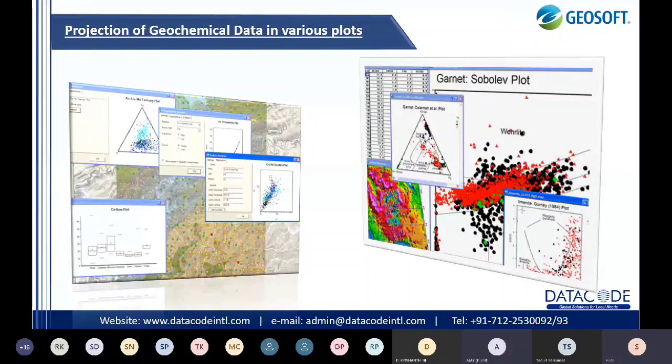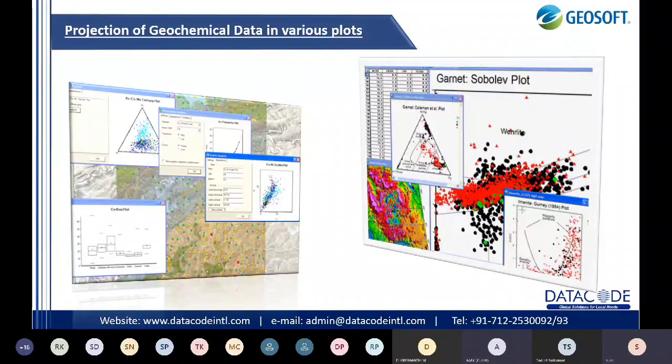Similar to that, there are volcanic classifications, that is the classification for different rocks. Can we do this classification of different rocks with the help of Target also? No, you cannot do the volcanic classification or igneous or sedimentary here. You can only access your geochemical samples here.